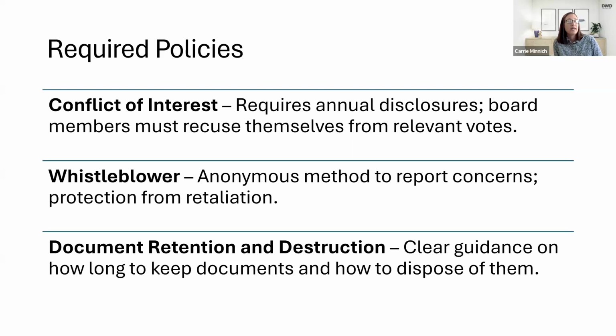Now, it's not necessarily that the organization can't do business with related parties or these individuals that they're noting on their conflict of interest statement, but everyone needs to be aware of it. Also, you need to make sure that nobody's benefiting from that relationship. That's really the key of the conflict of interest, making sure that nobody's benefiting from the relationship and you're disclosing these possible conflicts. And then also the individual that may have a possible conflict does need to recuse themselves from any kind of voting or determination in relation to that business with that individual.